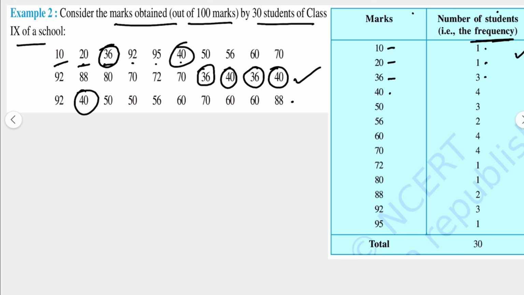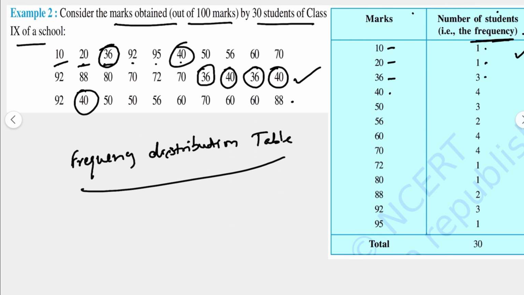So this type of representation is called a frequency distribution table. We have written the frequency of each mark, so this table is referred to as a frequency distribution table. Whenever you are given certain data and asked to represent it in the form of a frequency distribution table, you will write this table making 2 columns. In the first you will write the marks, or whichever information is given, and in the second column you will write the frequency of that one. That's how we represent data in a frequency distribution table.